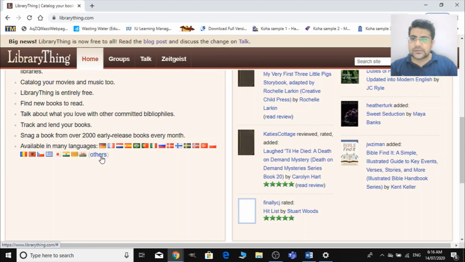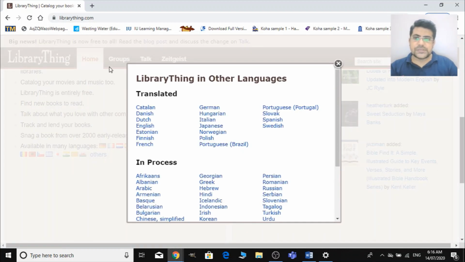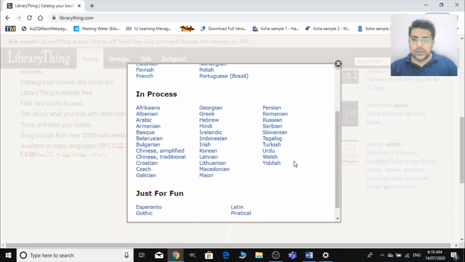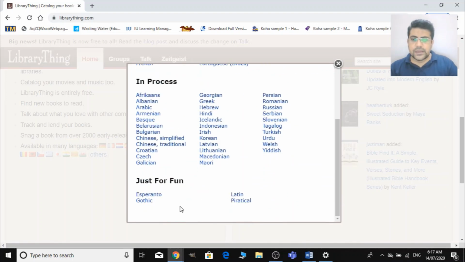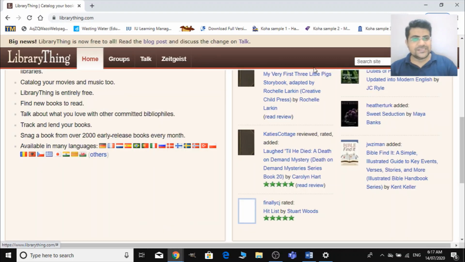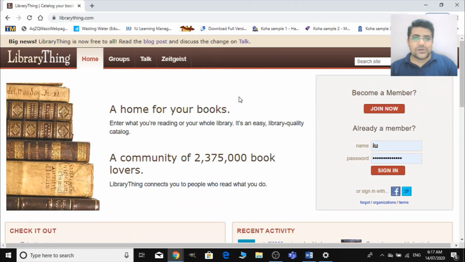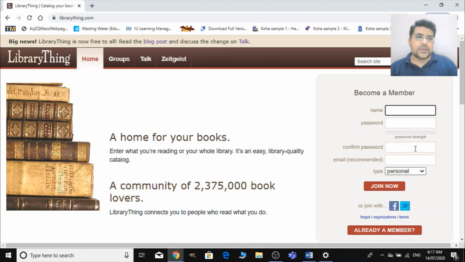There you can see something we have not discussed. LibraryThing is also translated into these languages, and they are in progress. Urdu is also in progress. I don't know, just for fun. Okay. So if you want to become a member, you just click here to join, and there you need to